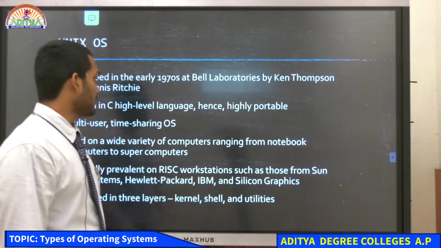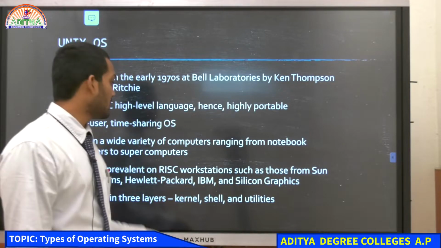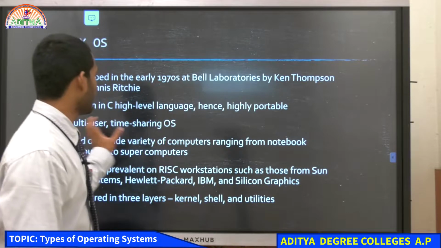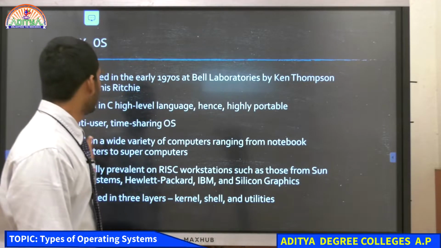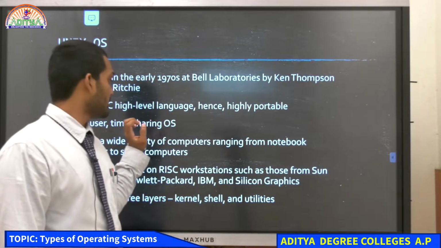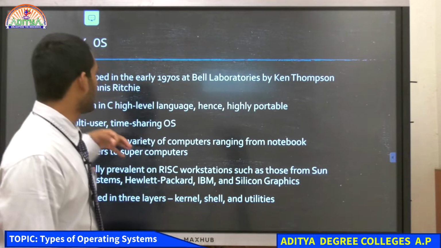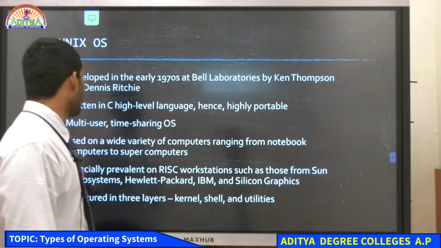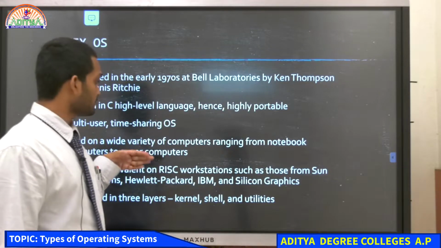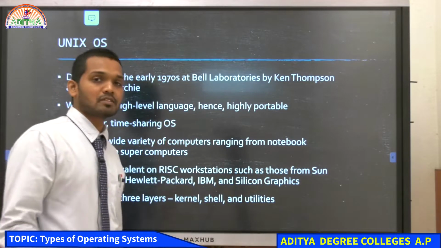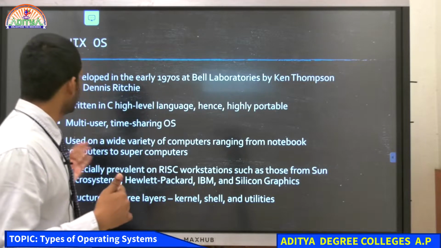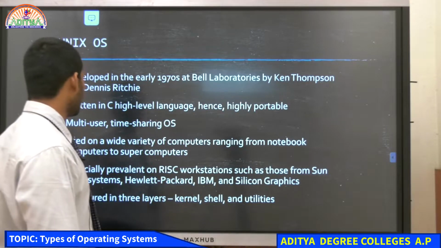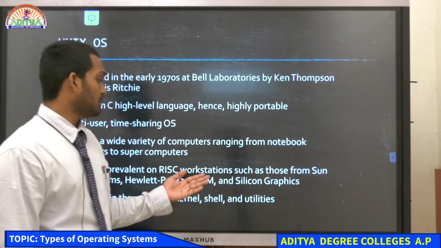operating system. Previously, when you heard the term time sharing, it was somewhat like a puzzle for you, because we didn't understand what time sharing was exactly. But now when you see the terms multi-user and time sharing operating system, you'll understand what capabilities the Unix operating system has. It is used on a wide variety of computers ranging from notebook computers to supercomputers. It can be used on any kind of computer, from the basic notebook or laptop kind of computer to the supercomputers. And it is especially prevalent on RISC workstations such as those from Sun Microsystems, HP, IBM, and Silicon